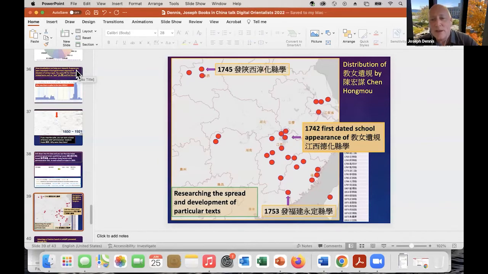You say, well, okay, this was a regional text, but that's not actually right. The more you look into it and map it all out, then you find that Chen Hongmo, he served in all these provinces, and he was just giving his book to all the local schools. So it's a tool that helps you better understand book circulation.